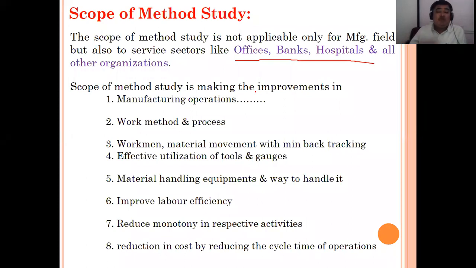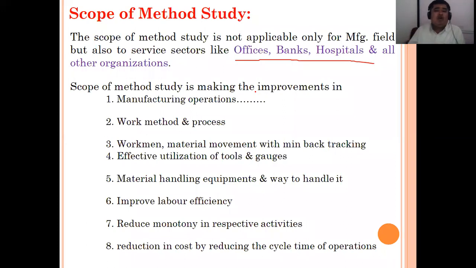Reception counter, some sitting arrangement is there. Near to that, some offices are there where we can give the bills, etc. Then next to that, some doctors' cabins, consultants' cabins are there. Where is the operation theater? At a place where a common man should not go easily. Is it right? A little bit backside.